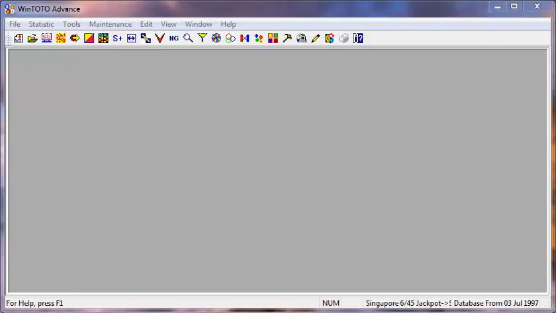And I'm glad that in that year itself, 2013, after we launched this particular feature, we got 2 winners. One of them won the jackpot group 1 at 2.5 million, and another won jackpot group 2 at 250,000. All claim that they used WinToto Advance Software, and they actually got the winning inspiration numbers from the forecasted numbers using WinToto Advance Reverse Scan.